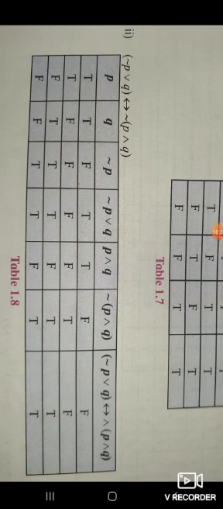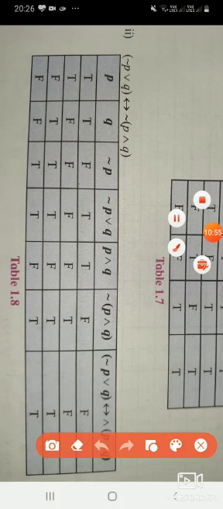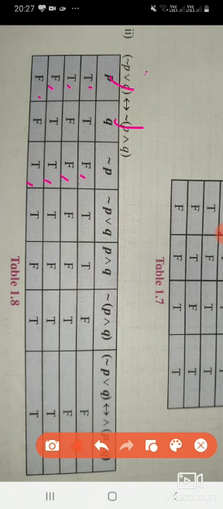Now listen, here first see the given statement. In the statement, negation of P we need. So I am writing P and Q, which is common: true, true, false, false. Negation of P means true will go to false, true will go to false, false will go to true, false will go to true. Negation is over.